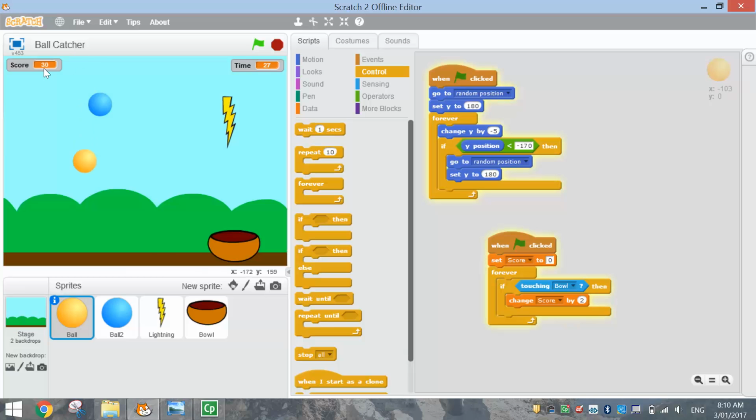You can see our score goes up ridiculous amounts. Every time it touches it, it's going up quite a bit. So what we need to do next is tell that ball to go back to a random position at the top of the page and not fall straight through the bowl. As soon as it hits the bowl, we want the ball to go back up the top and start falling